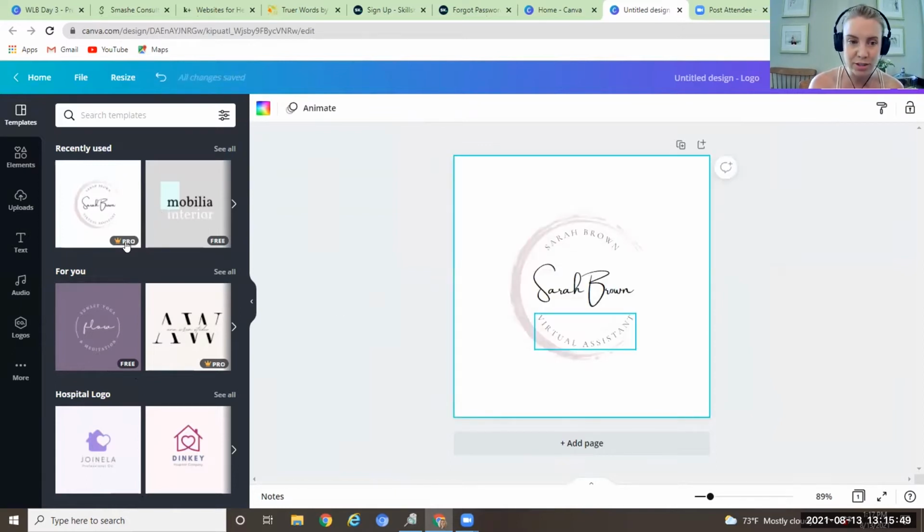So the one I just selected, you see here, it says Pro with a little crown. So if you do see a template you really like, but it's Pro, you might have to upgrade. It's $15 a month upgrade for this month while you make your logo, and then you can downgrade again. But you can also see here,